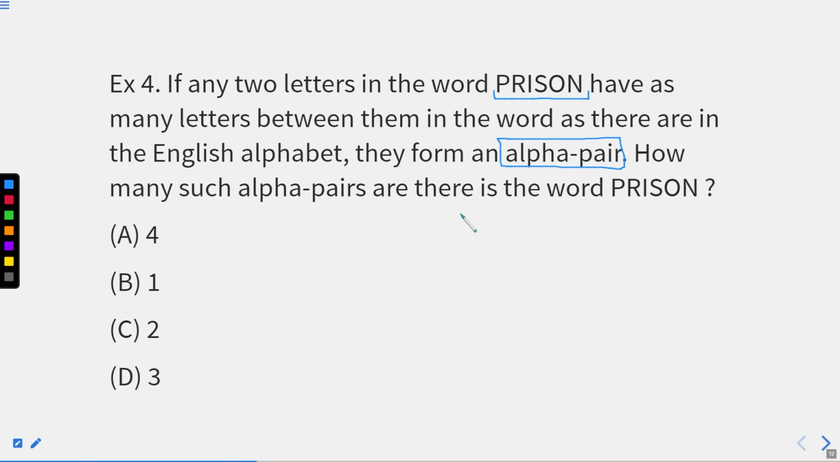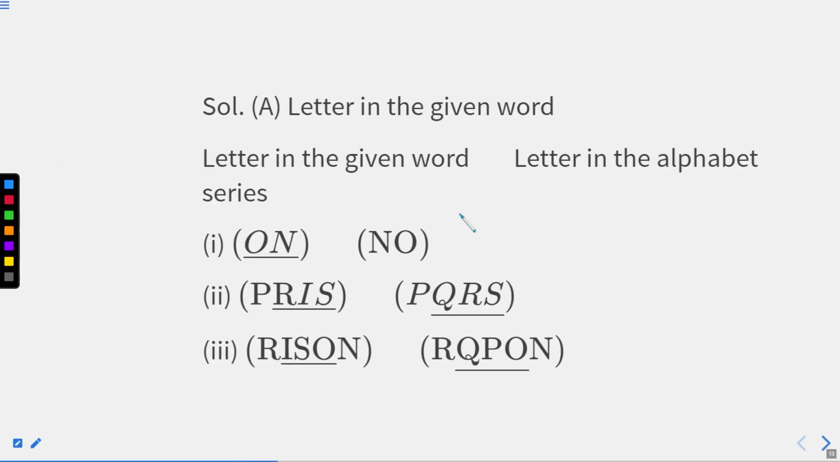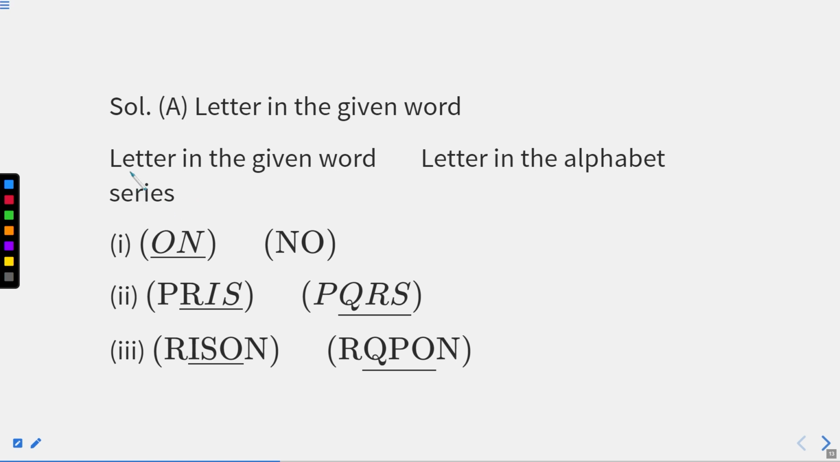So as soon as I explain this question, it will be clear what kind of pairing an alpha pair is. You can see we have two different tables. For that, the letters in the given word, prison, and the letters in the alphabetical series are given here, right? So if I divide in this manner, what we are able to figure out is: